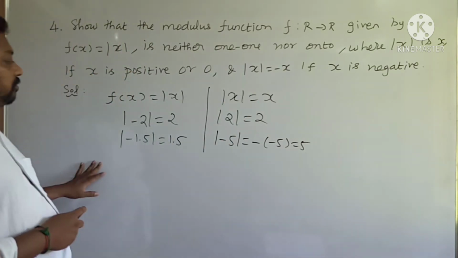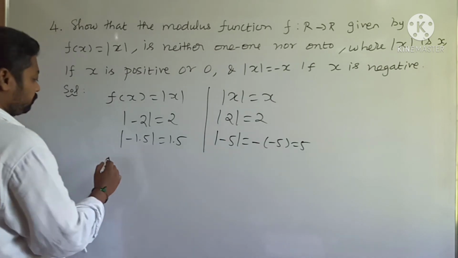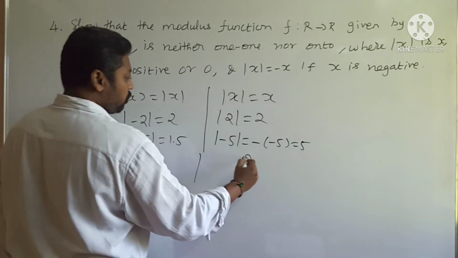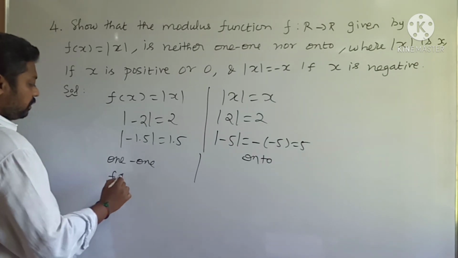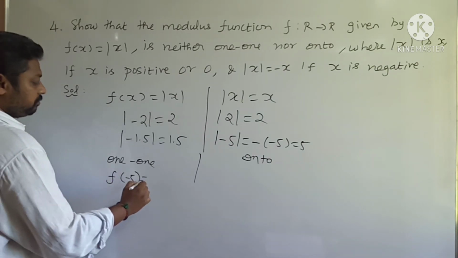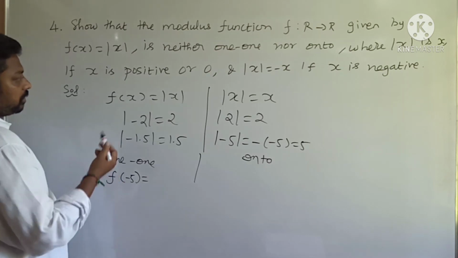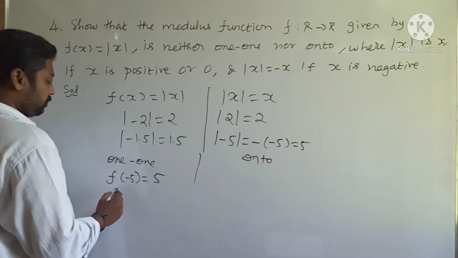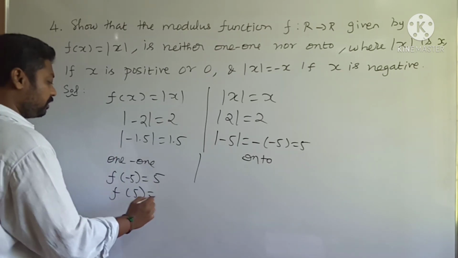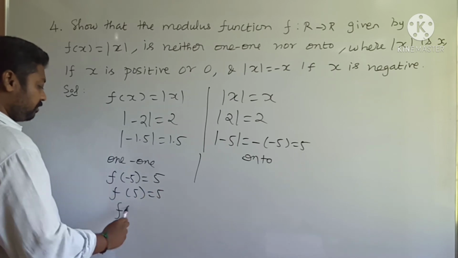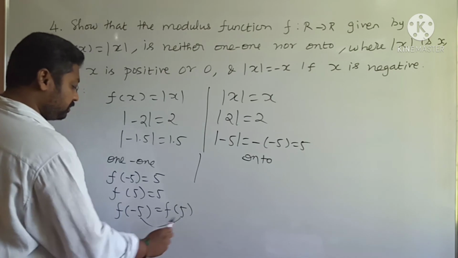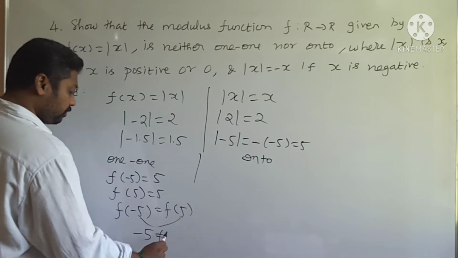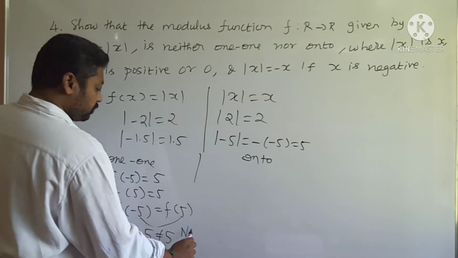Now we will check for 1 to 1, then onto. So what is 1 to 1? For example, f(minus 5). What is modulus of minus 5? It is 5. What is f(5)? It is 5. So f(minus 5) equals f(5), but minus 5 is not equal to 5. Therefore it is not